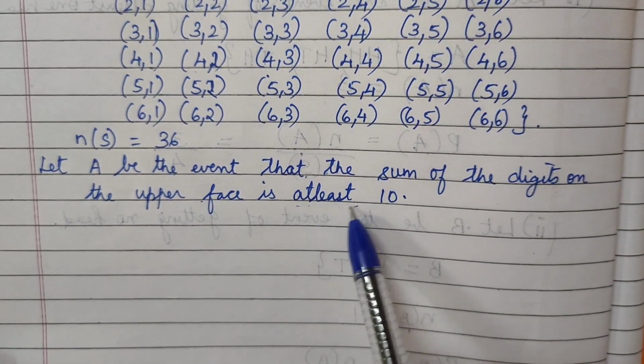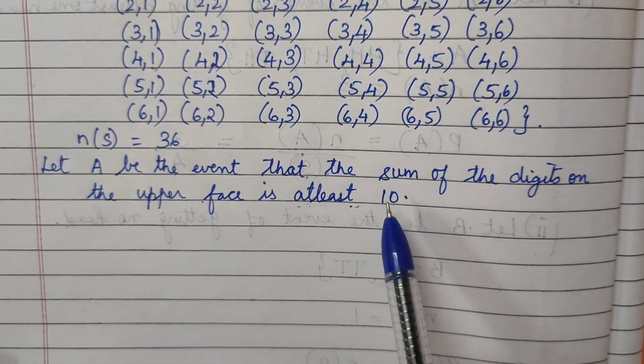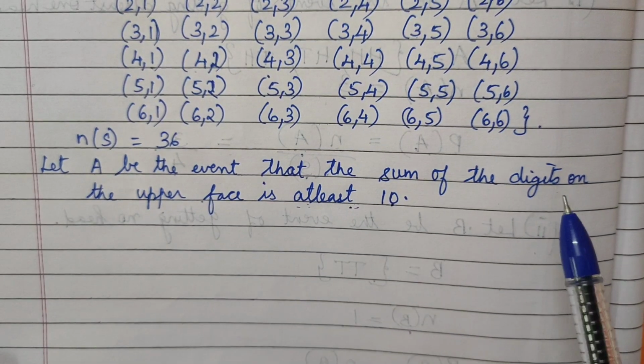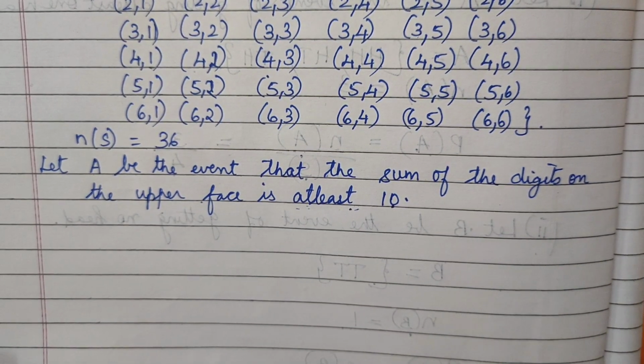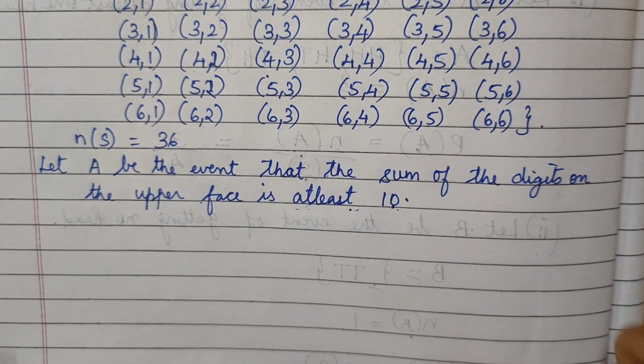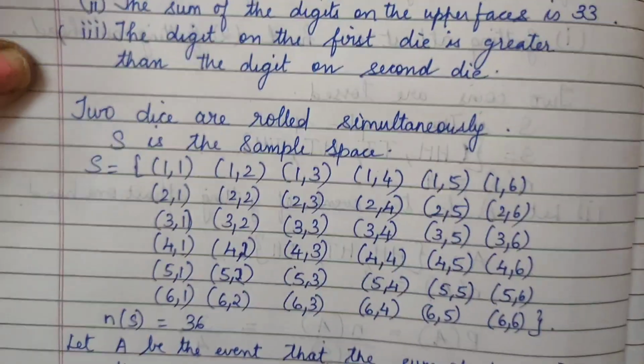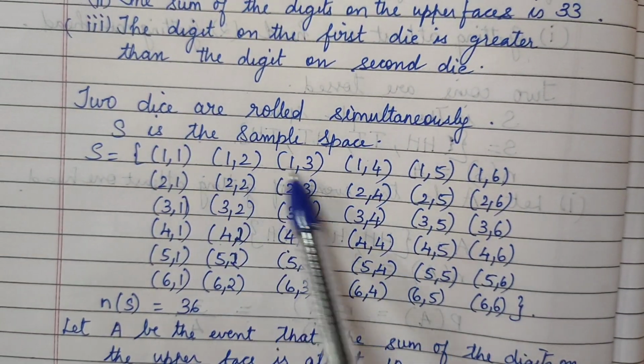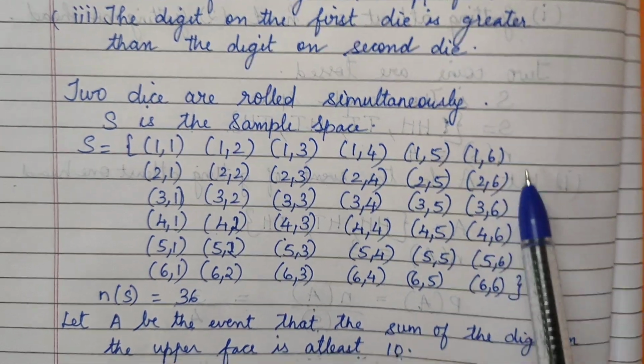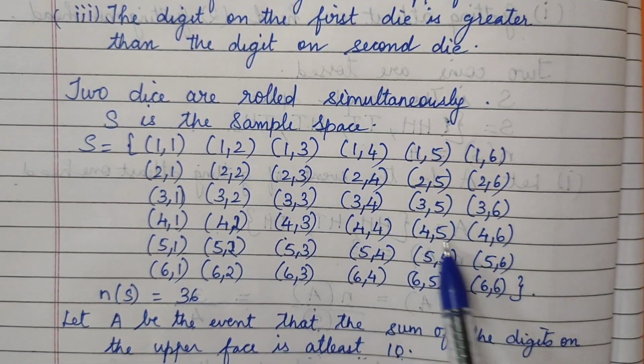Please be careful with the question. At least यानी कम से कम 10. 10 से ज़्यादा रहेगा तो भी अच्छी बात है. So it can be 10 or more than 10. Add किया तो. So let's see the highest. See here you can see 1 plus 6, 7. Highest is 7 itself. So we need a 10. Where can we get a 10 here?